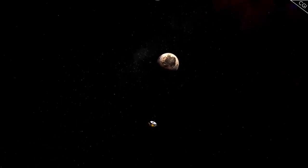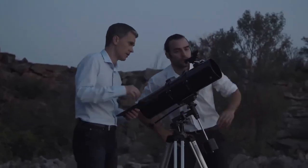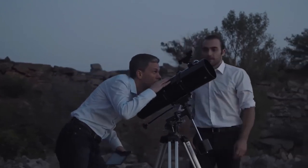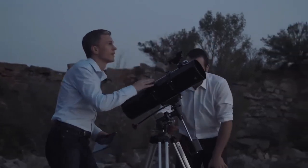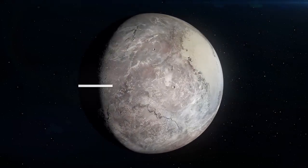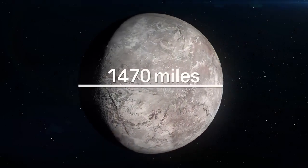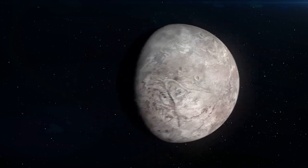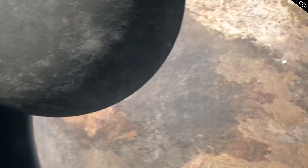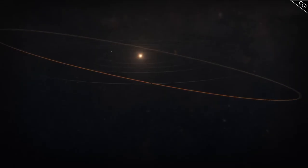It is the size of Texas, and it has a strong color contrast to the surrounding area. This is because it is a giant ice plain. In fact, during the flyby, it was confirmed that 98% of Pluto's surface is composed of nitrogen ice. On average, the temperature on the surface of Pluto is -229°C, which means water ice would be rigid and brittle. On the other hand, nitrogen ice at this temperature acts like water ice on Earth, meaning it can flow as